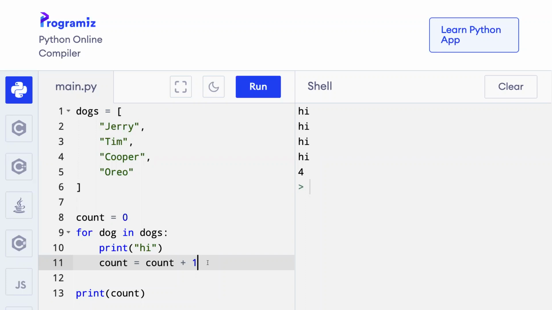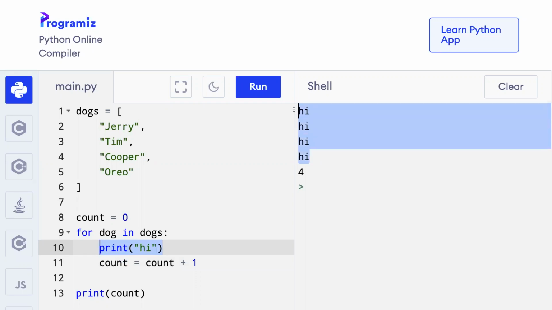If you try to look at 5 dogs in a list with only 4 dogs in it, it'll break. But if you put 4, would it print all 4? Yeah, it would print off 4. Now let me explain. I put this print "high" here so you can see how many times it runs. See, there's 4 highs here. So that is proof that this set of instructions